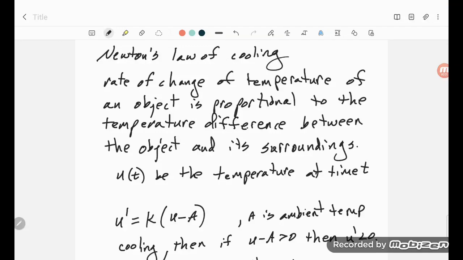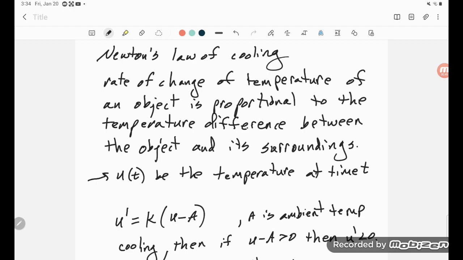Look at Newton's law of cooling. So I wrote that down so I didn't have to write all that while I'm trying to talk. The rate of change of temperature of an object is proportional to the temperature difference between the object and its surroundings, or the ambient temperature. So if you put a very hot cup of coffee or a hot cup of water outside in very cold temperatures, it will cool down very quickly at first, because the temperature difference is so much. And so if we let U of t